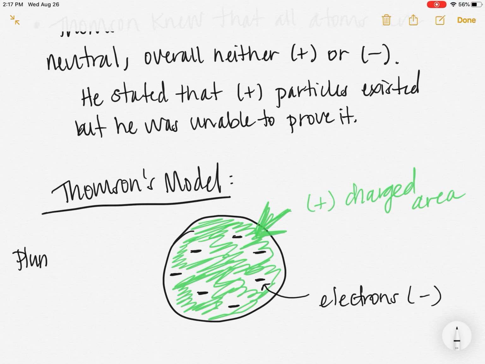Thomson's model quickly gained the nickname the plum pudding model. That's because in England, where he was from, they eat plum pudding, and this reminded people of plum pudding with the negative electrons being like the chunks of plum. So kind of silly. If you've ever heard of plum pudding or the plum pudding model, it was Thomson's model of the atom. Okay, so that's where we leave off with Thomson. He discovers the electron. He's pretty sure there are positive